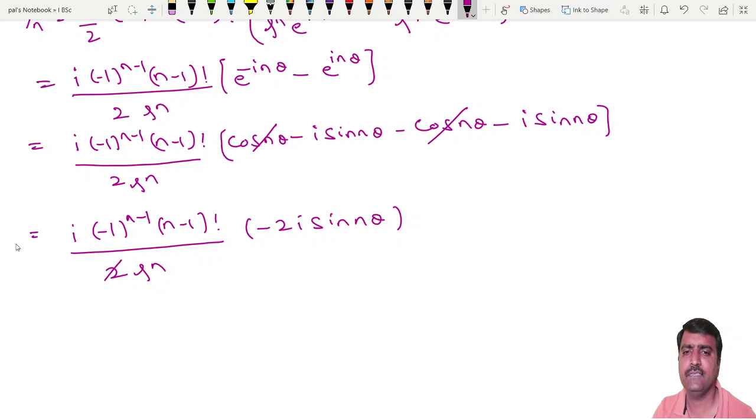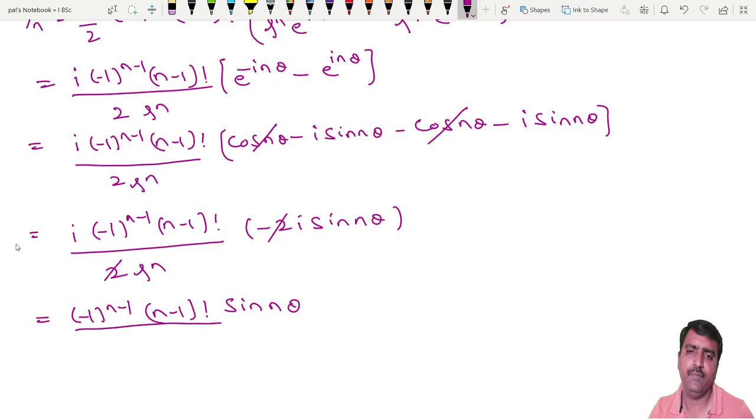This 2 cancels with this 2. i into i is i squared, which means minus 1, minus of minus becomes plus, so which is equal to (-1)^(n-1) (n-1)! into sin nθ divided by r to the power of n,